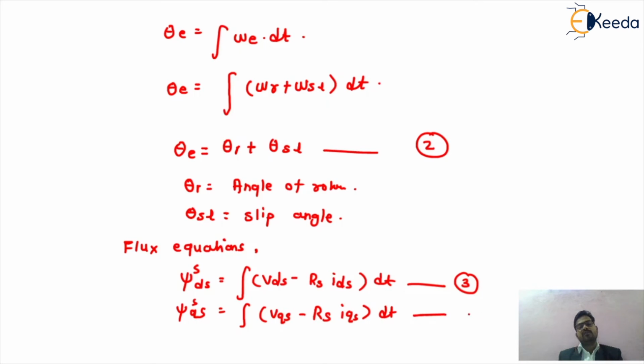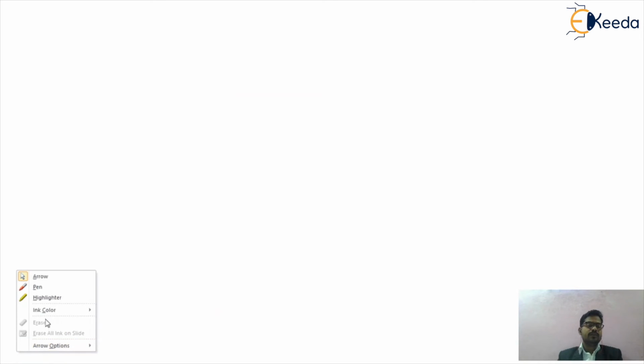This is equation number 4. We call it equation number 4. From equations number 3 and 4, we are getting equation number 5. So what will be equation number 5? We are getting the value of psi r squared, that is psi_rs squared, equal to